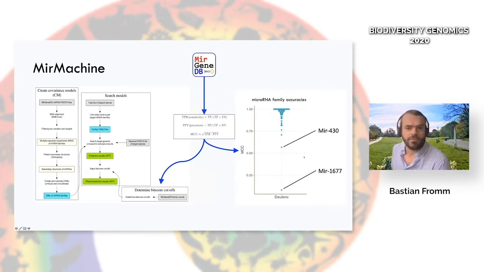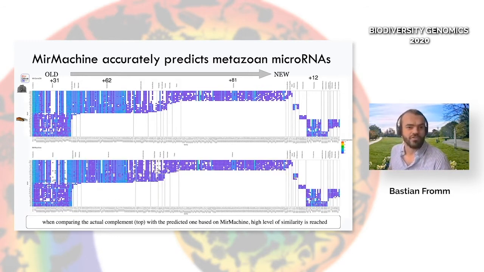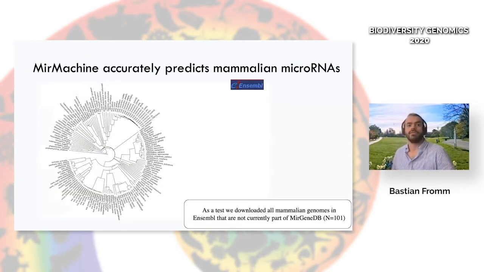And there are a few outliers. I'm not going into the details here. Now we address them by looking at them more closely. However, when we look here at the number of copies, as a heat map, of particular microRNA families across the tree of life, you can see there are some that have a lot of copies, others that don't have so many. When we look at the predictions from MirMachine, this is without a priori knowledge, they are literally indistinguishable. Now we thought, let's use our model and try out the mammals that are found in Ensembl and annotate